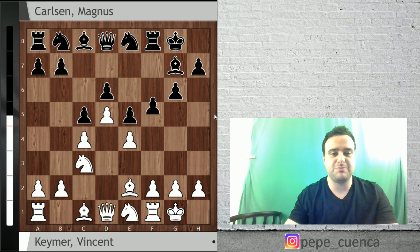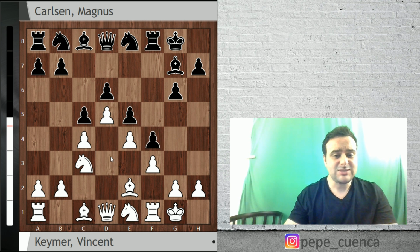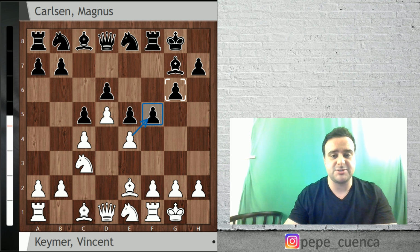So f5 was played by Magnus Carlsen, and here Keymer decided to take on f5. Another interesting move would be f3, reinforcing the center, right? Now, and after f4, this gets extremely double-edged. For example, knight d3, white is gonna try to play some b4, and then a4, you go b6 in order to break all your fortress here on the queen side. And now black is gonna try to make you by playing g5, h5, rook f6, rook g6, g4, boom, boom, boom. So that's why maybe Keymer didn't want to go for these kind of positions, and then he took on